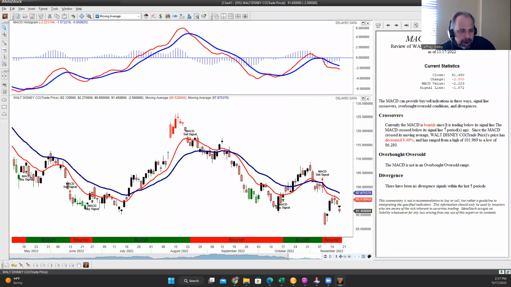It's saying that it's bearish since it's trading below its signal line. This happened 7 days ago. Since then, the price has gone down 8.5%. Okay. What I want to do though is I want to show you what it would have said back on